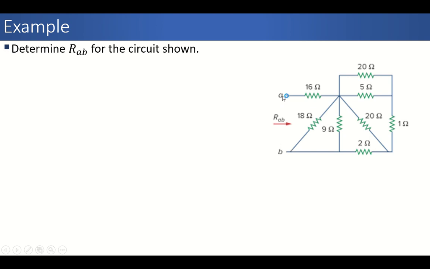So it means that if we connect an ohm meter across A and B and we set this network like shown, what will be the reading of the ohm meter? So obviously we can see that 5 and this 20 ohm resistance are in parallel because their starting point is common and ending point is also common. So we can simplify these resistances. We don't see any series or any other parallel combination here, so we can start from these two resistances.